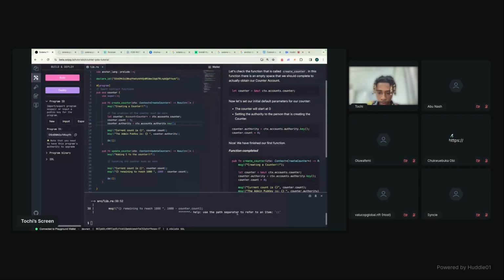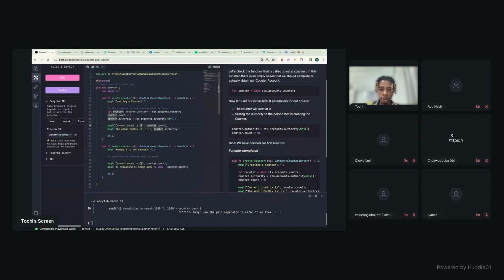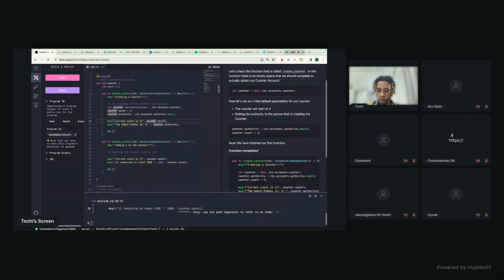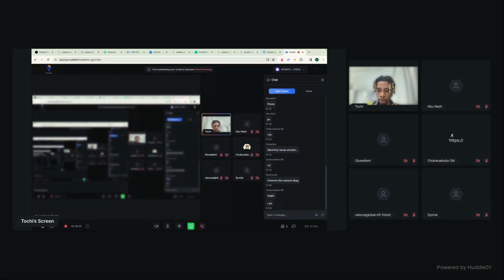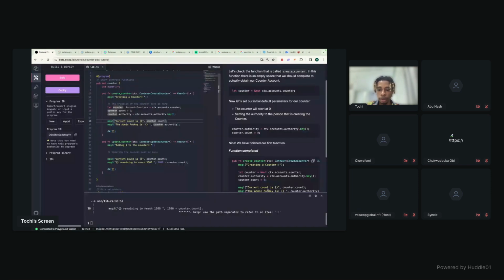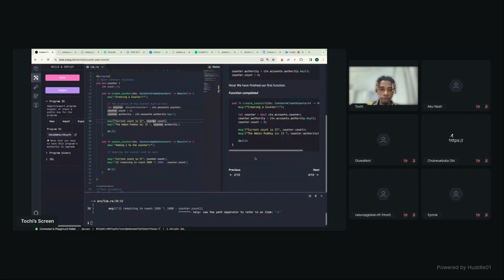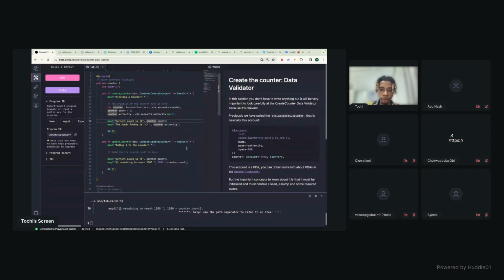Use the path separator to refer to an item. So let's continue. We have create account. Let me just check for questions. So we've done the first phase, which is to create account. The next one is